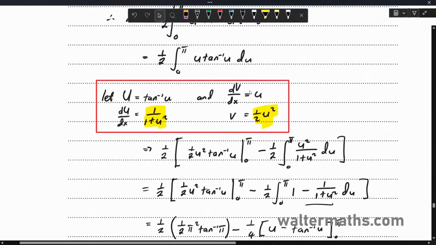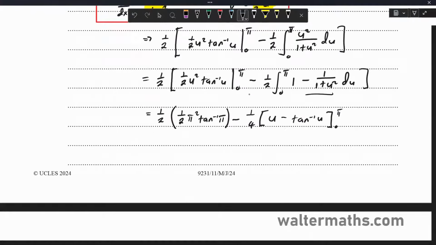And look at the little space they've given us. But anyways, let's continue. So that gives us here, expand the brackets, a quarter. Okay, it's actually one thing, a quarter pi squared arctan of pi minus a quarter of, substituting pi, that's pi